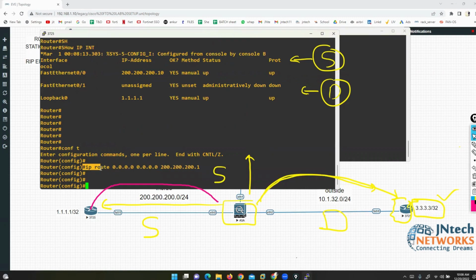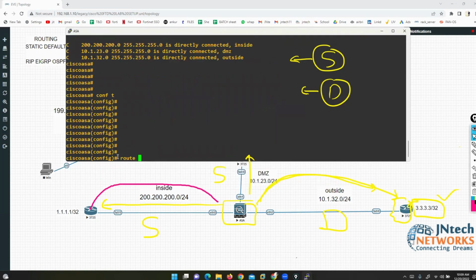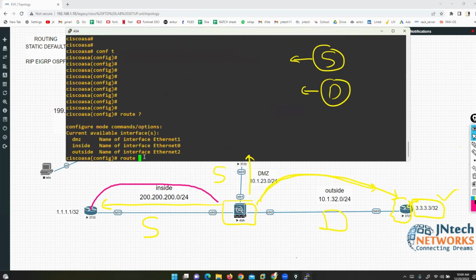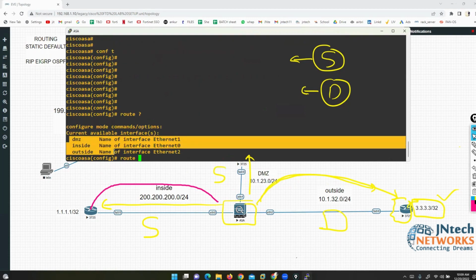On routers, you can use the command IP route. The syntax is the same, but on the Cisco router we have IP route, and on the firewall you have the route command. Just route. Now, if you type a question mark, you need to define your interface. So you are trying to create static and default routing. Perfect, no problem. But please tell me